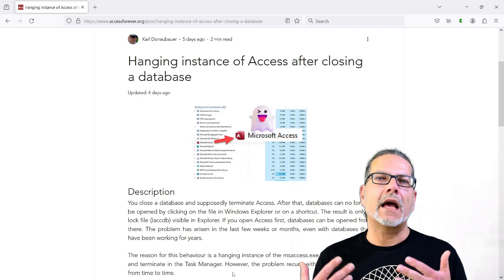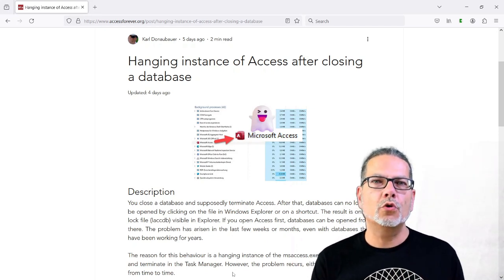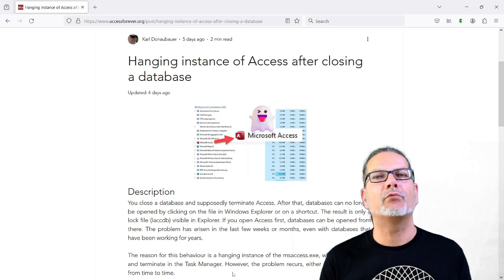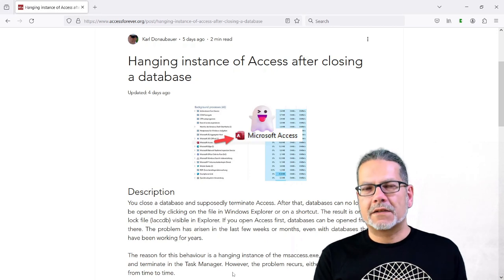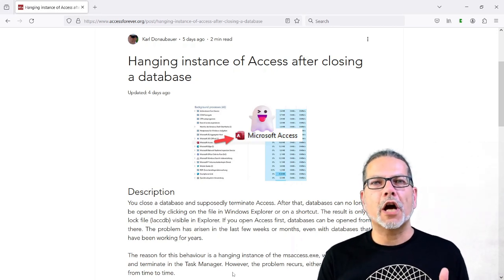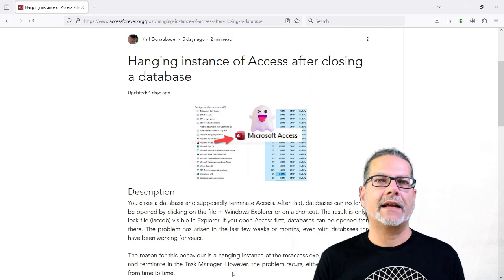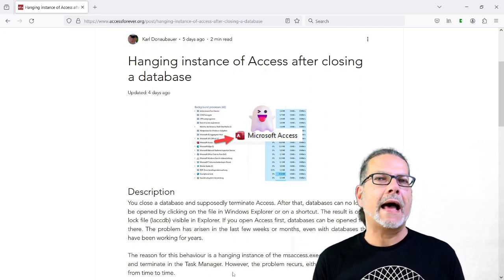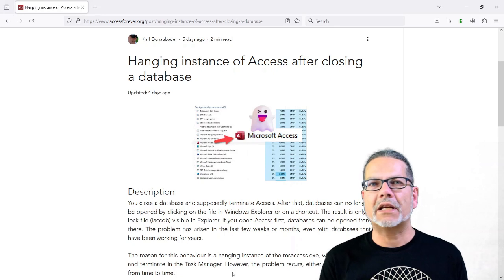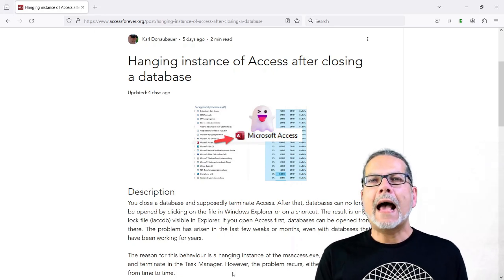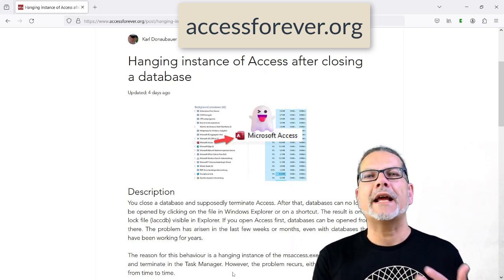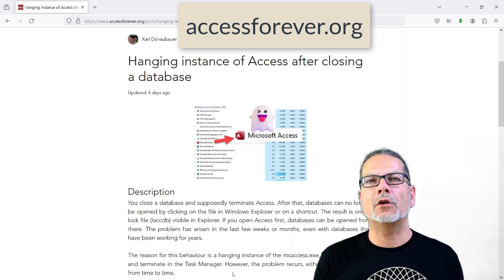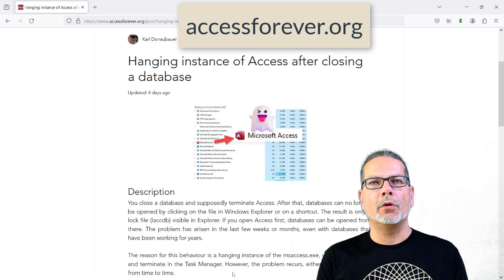Access Forever is a website where a small group of volunteers, of which I am a part, is publishing, amongst other things, information about current issues in Microsoft Access. So if you encounter an unexpected problem and it is replicable, you struggle with it, I recommend you visit accessforever.org and check if there is an article on the problem you are facing,